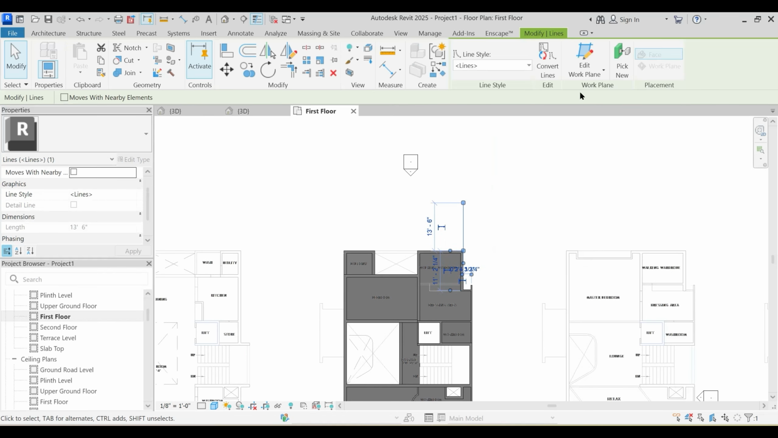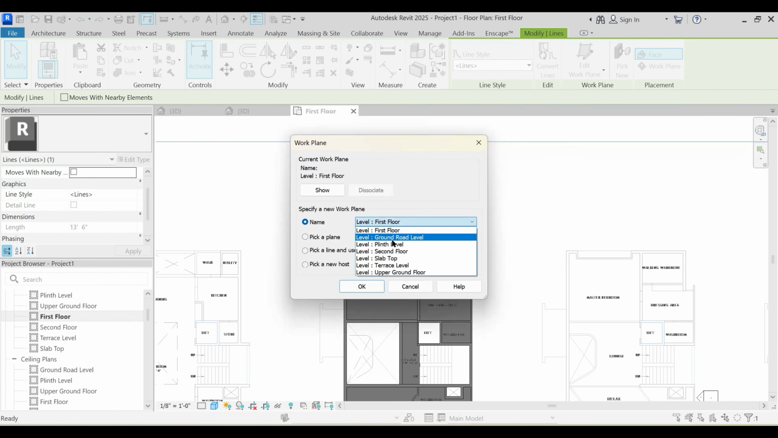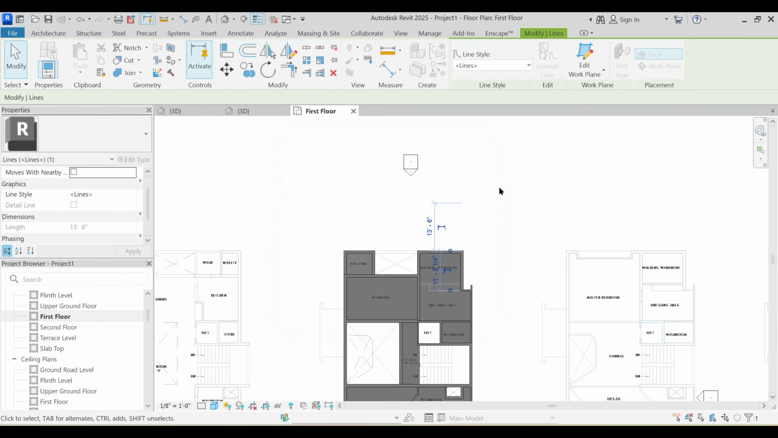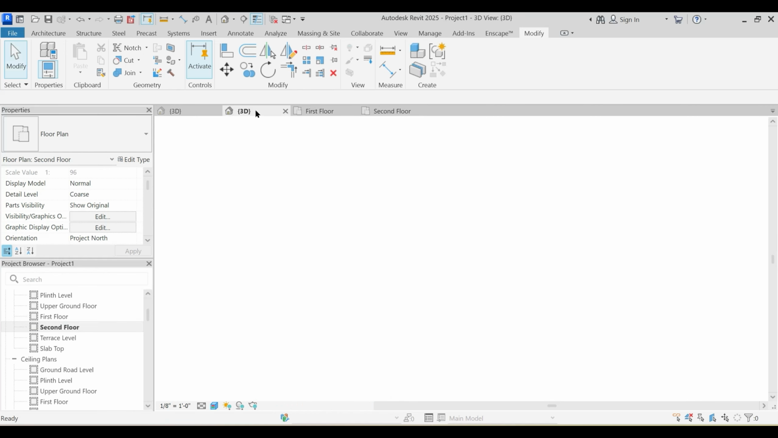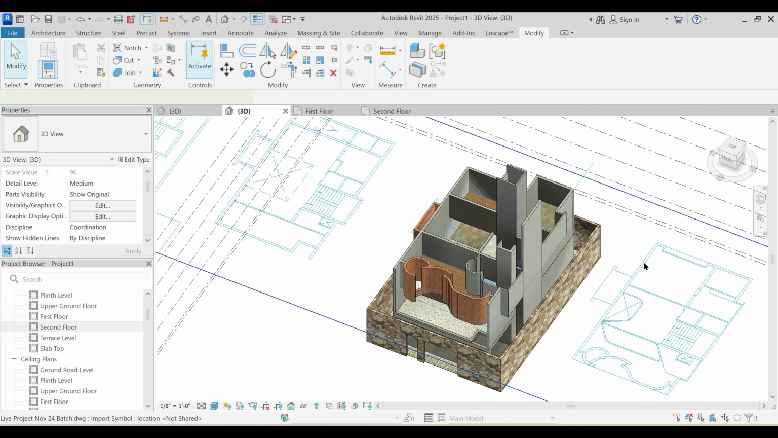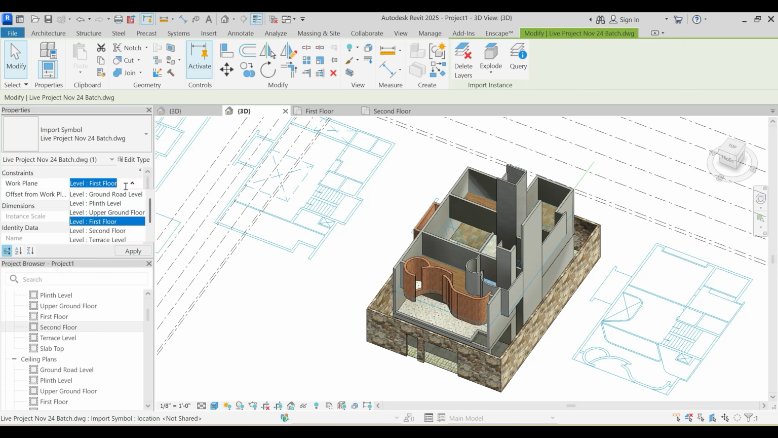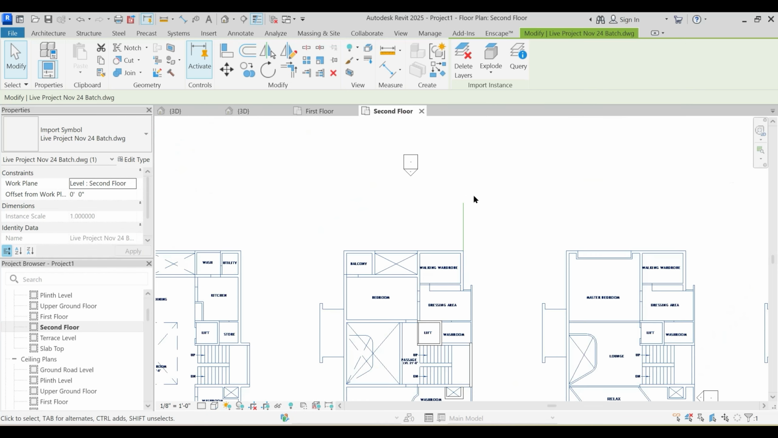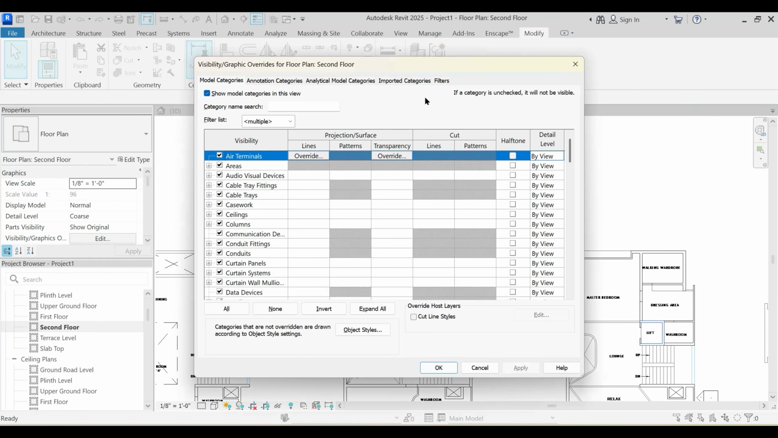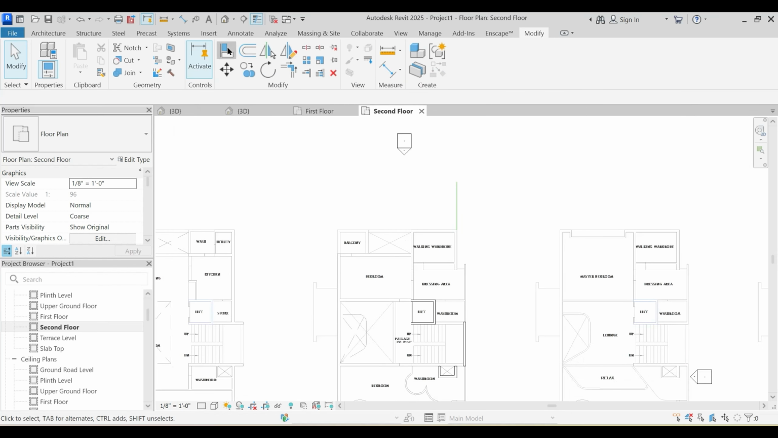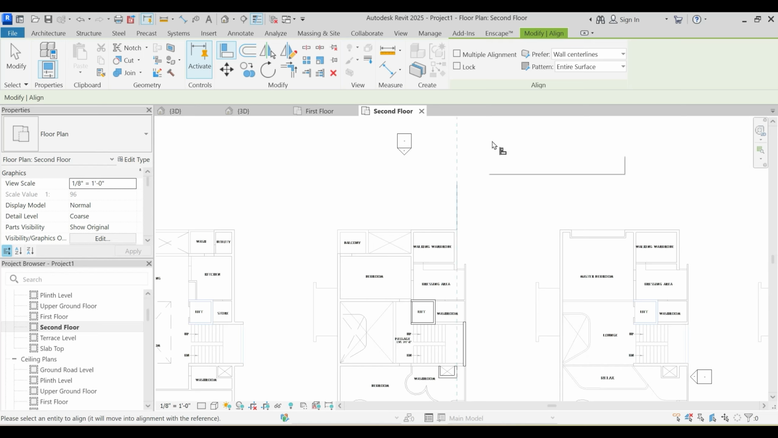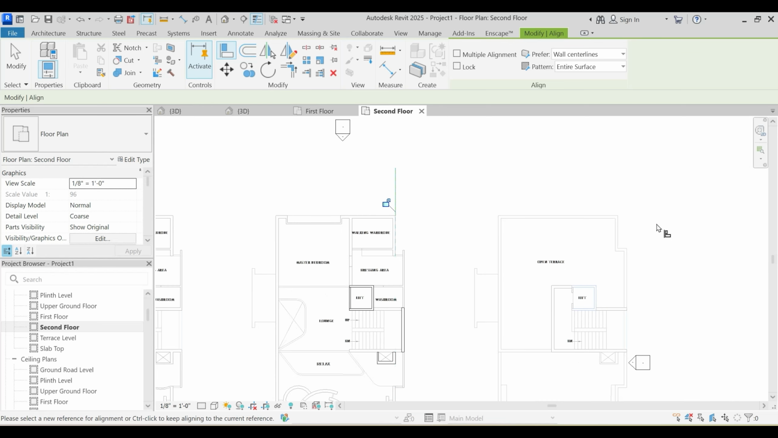Now let's construct the second floor for this, wherein this would be the same. So let me just click here, edit work plane, and go to second floor. Come to second floor and 3D, take this particular AutoCAD drawing to second floor, VG, import categories, turn this to halftone, apply and OK, and then align this to this. Yes,